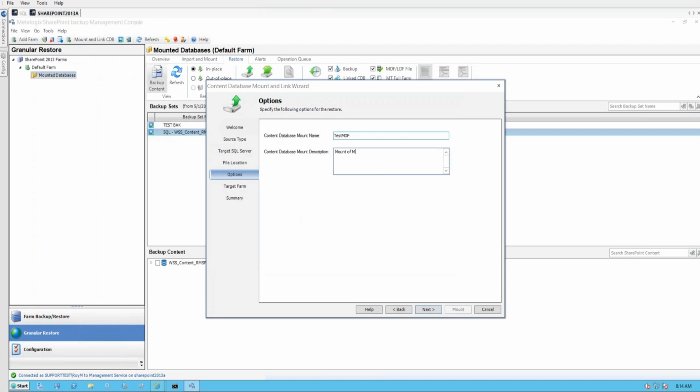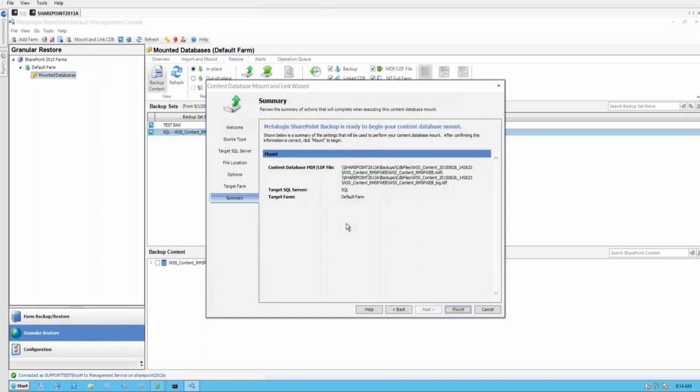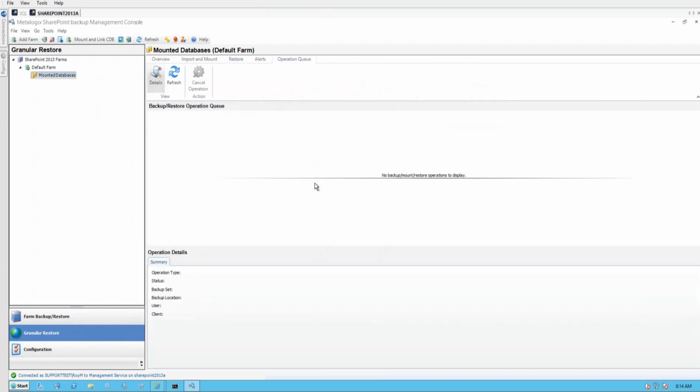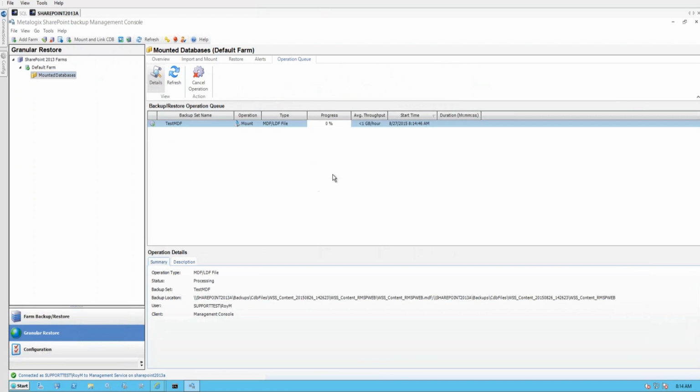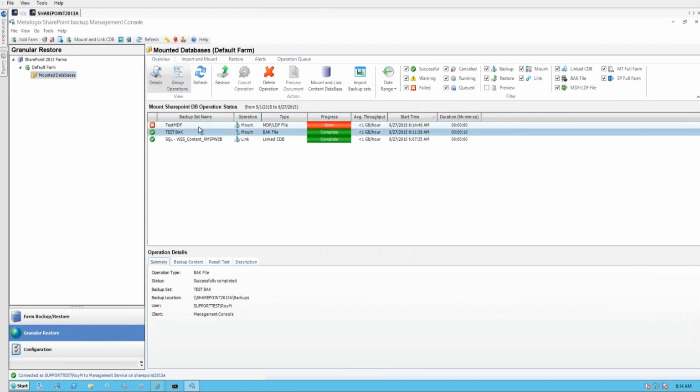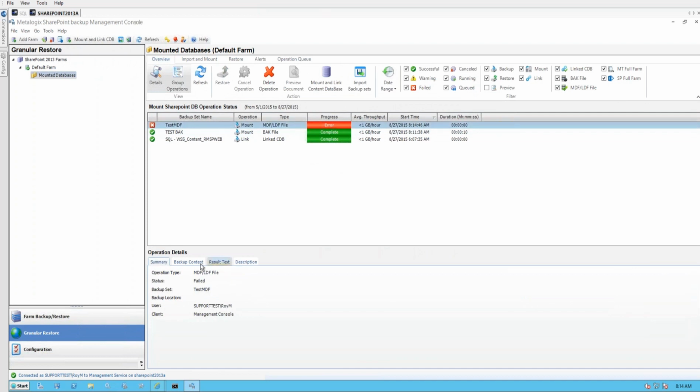Mount of MDF, LDF for quick takes. So yeah, the attach is essentially functionally identical to a restore. It's just really creating a database based on these data files, right? Anyone who's familiar enough with SQL will probably be familiar with the idea of attaching a database or attaching a data file. The process from this side is, again, pretty much identical, but this time, it looks like I've got